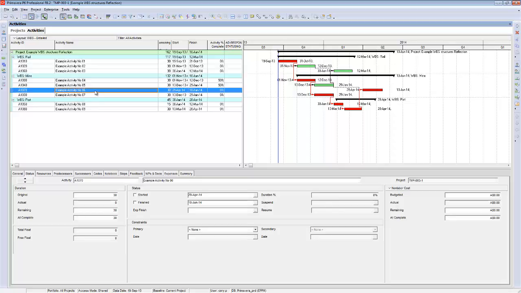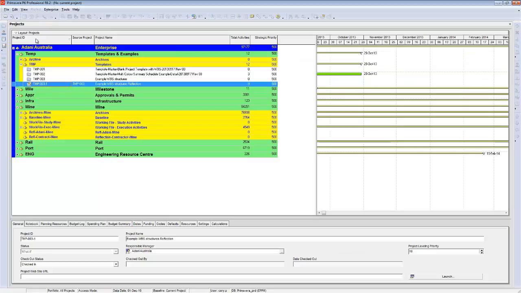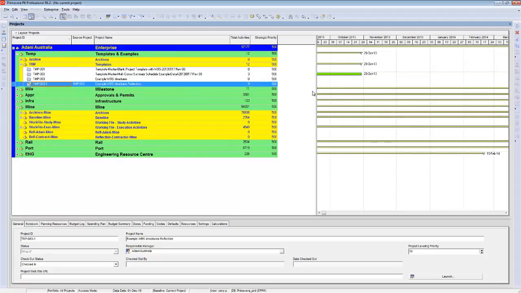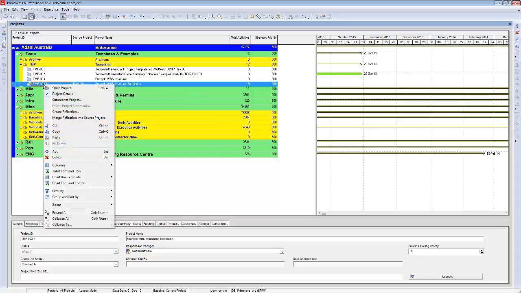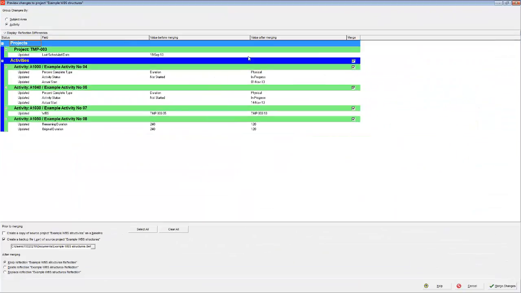As you can see, this contractor has moved the bits and pieces around and updated some of the statuses to 50% complete and bits and pieces. We now want to merge this back into the original project. So we want to go right click, merge reflection into source project, and you'll come up with this sheet,